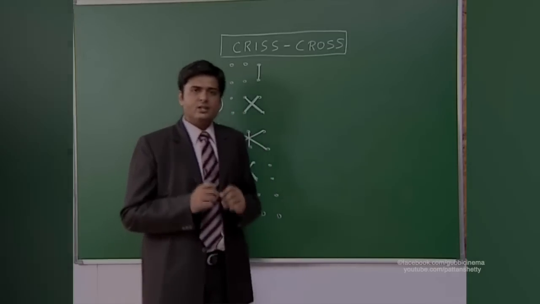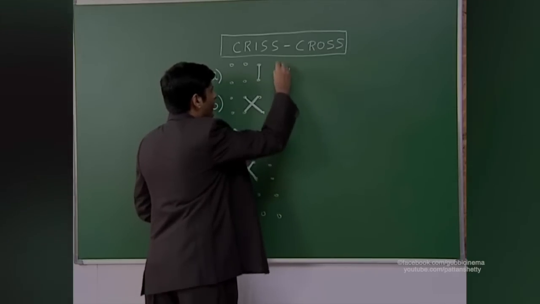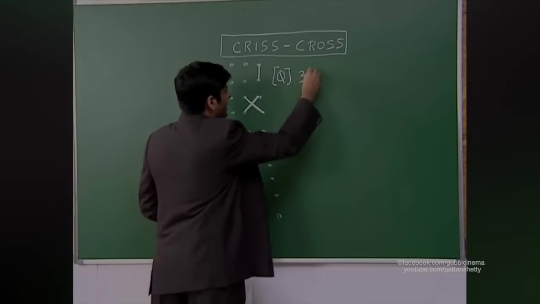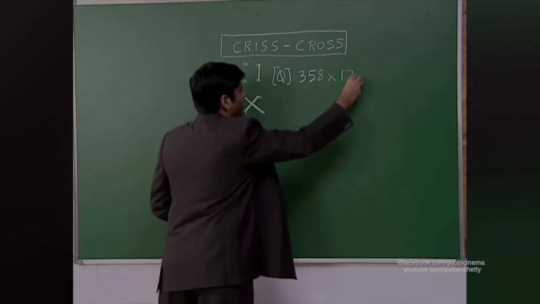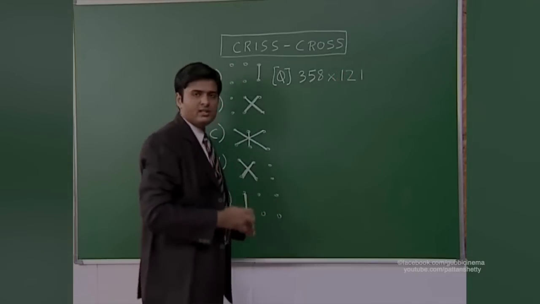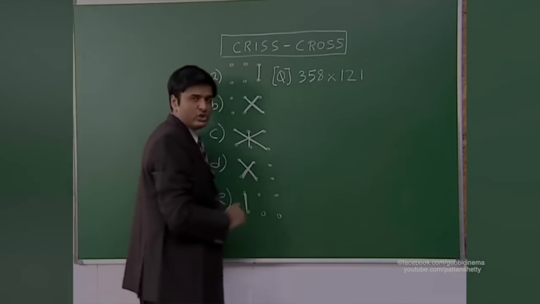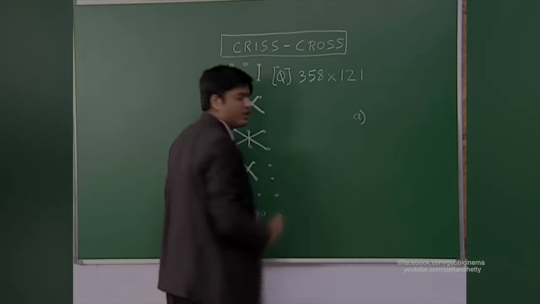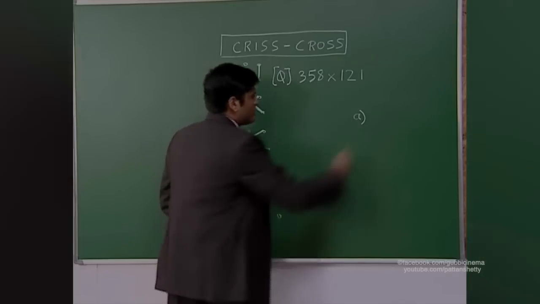Suppose I am giving any such competitive exam and there is a question in my paper which says, say for example, I have to multiply 358 by 121. Now I know they don't ask such simple questions, but we are just taking one hypothetical situation. And against these questions, I have been given 4 options, out of which I have to select one as the correct answer. Let us say my 4 options are